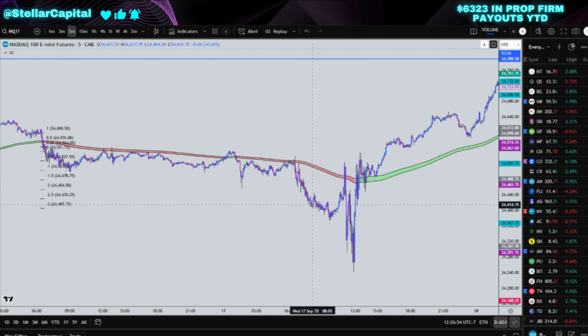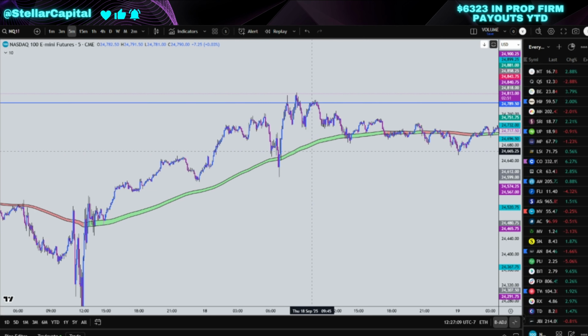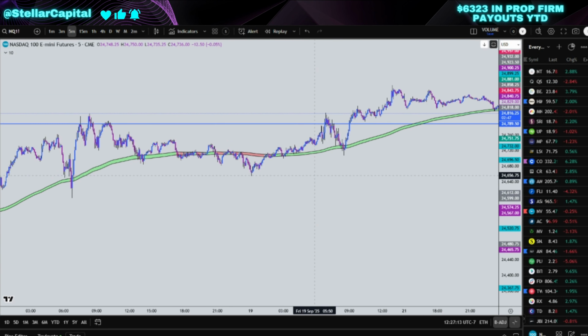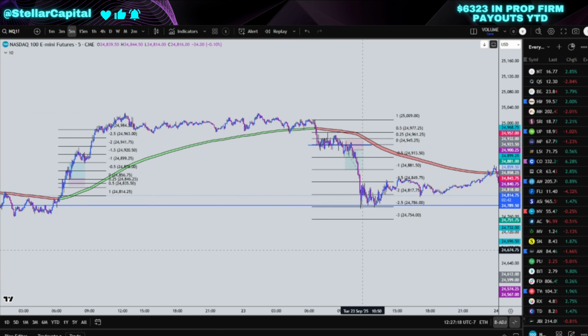Oh, this was, yeah, here is Powell speaking. You can see, and I don't even know where the before was on this. And then other times like this, where I even think this moved to 1 standard deviation. Yeah, this was the one where I was showing it where it barely did. So those are different ways where we can look for continuing and extending moves,